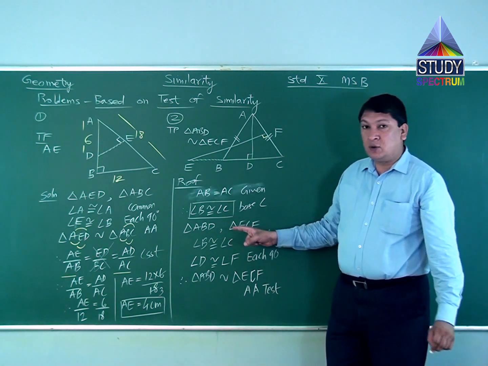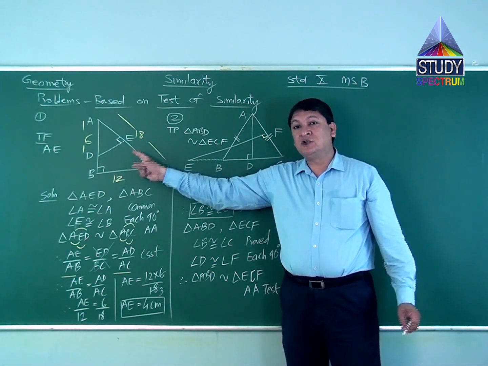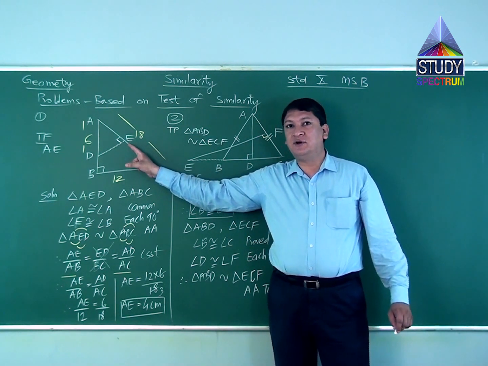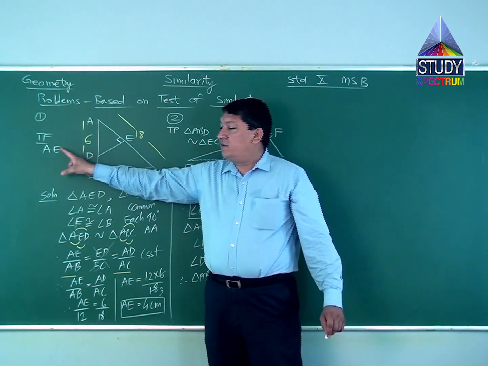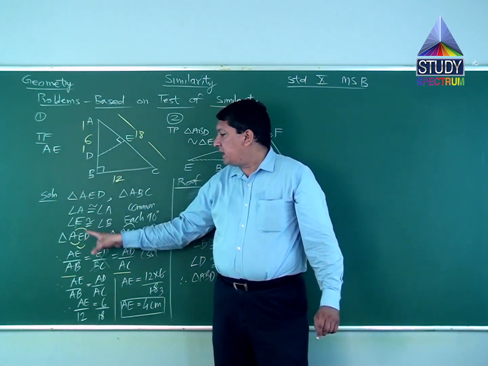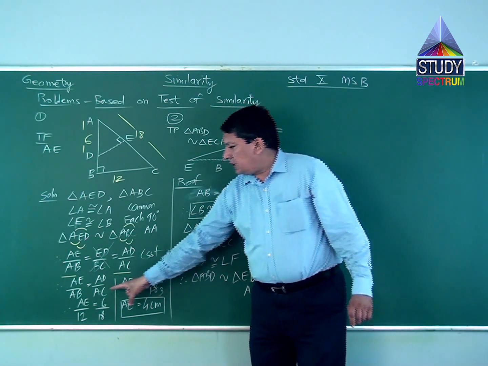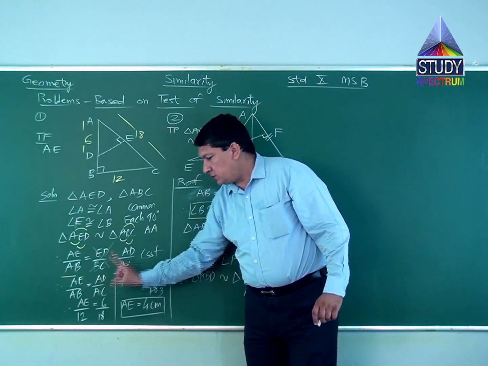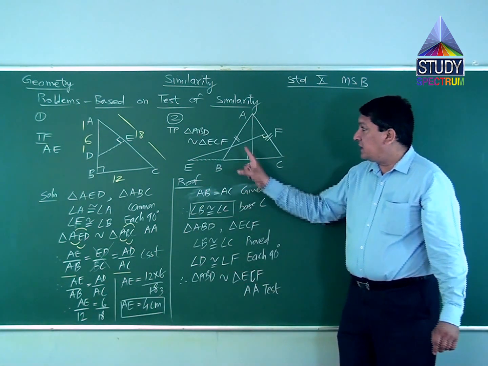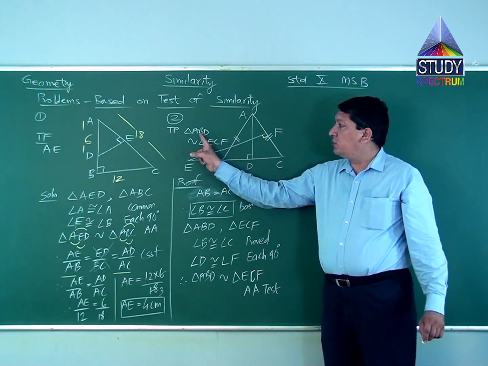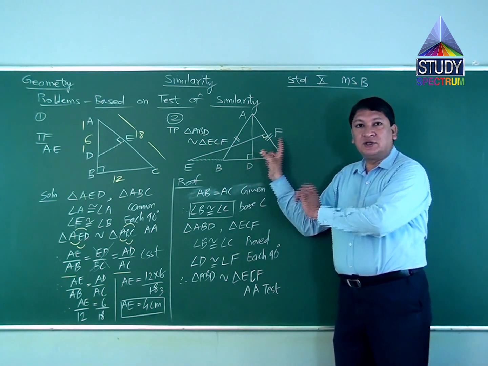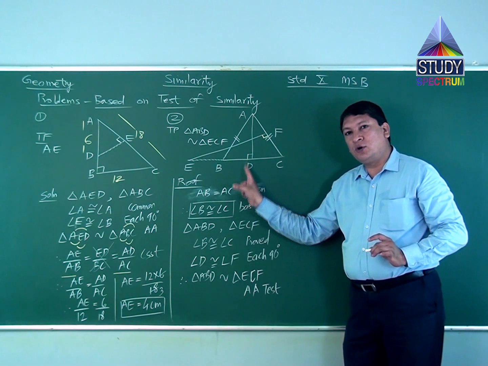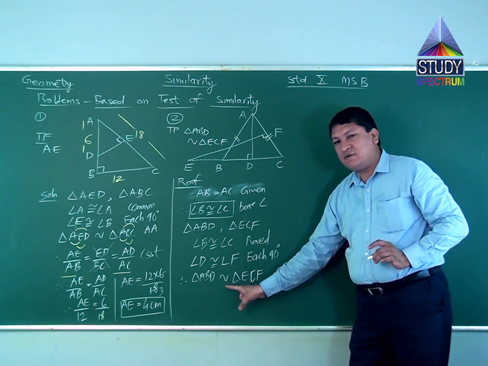So students, you can make out so easily, information is given to us to get the answer. In no sum will you find that incomplete information is given to us. Please understand this. When we need to find out AE and we are applying test for similarity, you will come to know the remaining values once the ratio is formed. Same here, when it is told to us that we need to prove these two triangles are similar, enough information is given in the sum, and we just have to note down that information and get the answer.